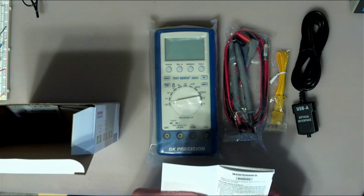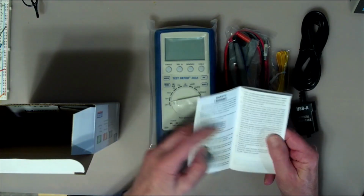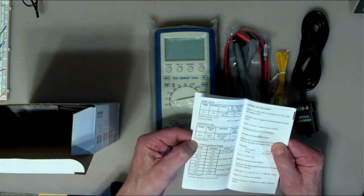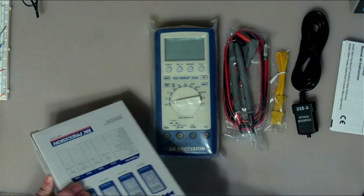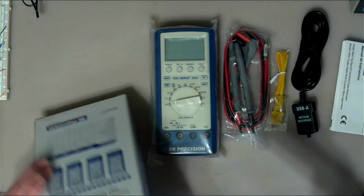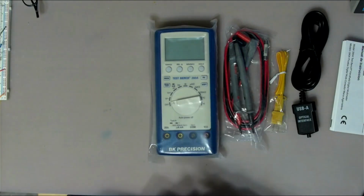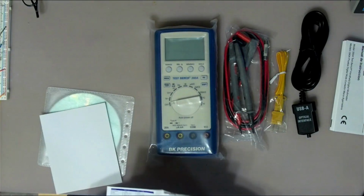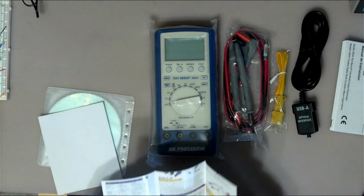Instruction manual. Okay, well it appears to be in proper English, so that's a good sign. I'm not going to put this thing through its paces completely, but just to have an overview of it. A little brochure here with